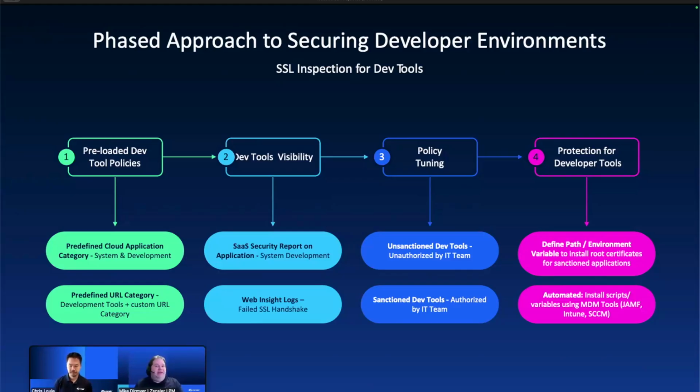You'll also be able to add things to that list if there's some custom things you're using that for whatever reason we haven't added to the list and things like that. And then there's also some other capabilities coming here pretty quickly about being able to do automated installation of the Zscaler certs into apps with cert stores and things like that. And so we're basically giving every customer that struggles with this the flexibility to either bypass it completely or to automate the installation of the certs so that we can continue decrypting that traffic and ensuring there's no threats